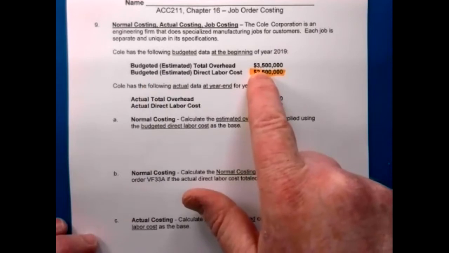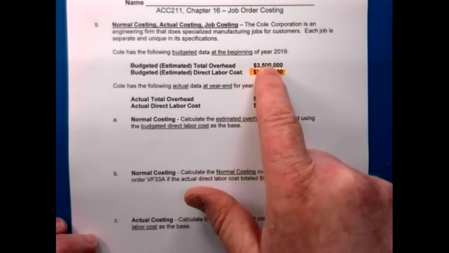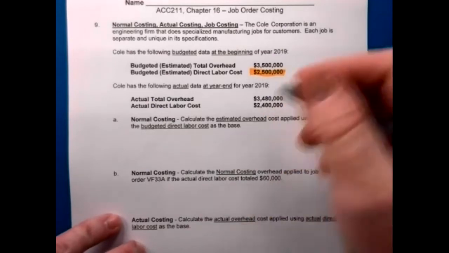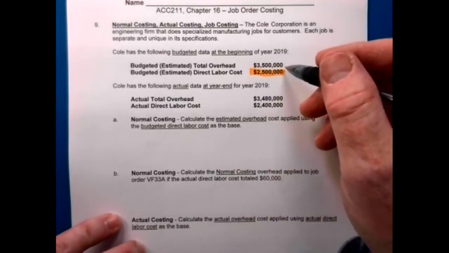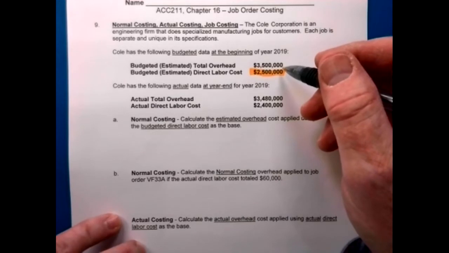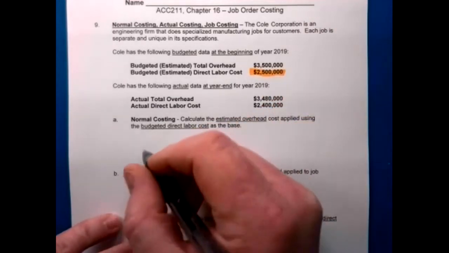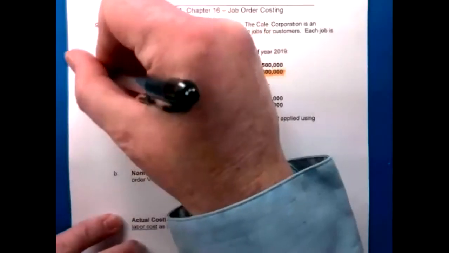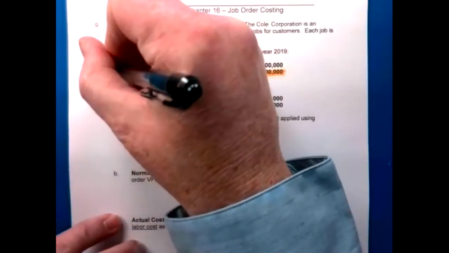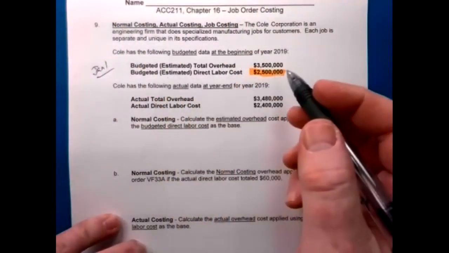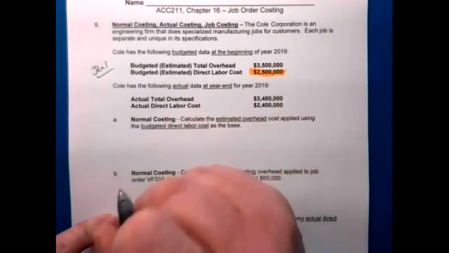Instead of dividing by direct labor hours, you divide by direct labor cost. And again, this is just to get an estimate of what your overhead is, so you can cost out a project or keep track of it. Okay, so at the beginning of the year, so this will be done on January 1st, you make a budget overhead and direct labor costs. So this would be